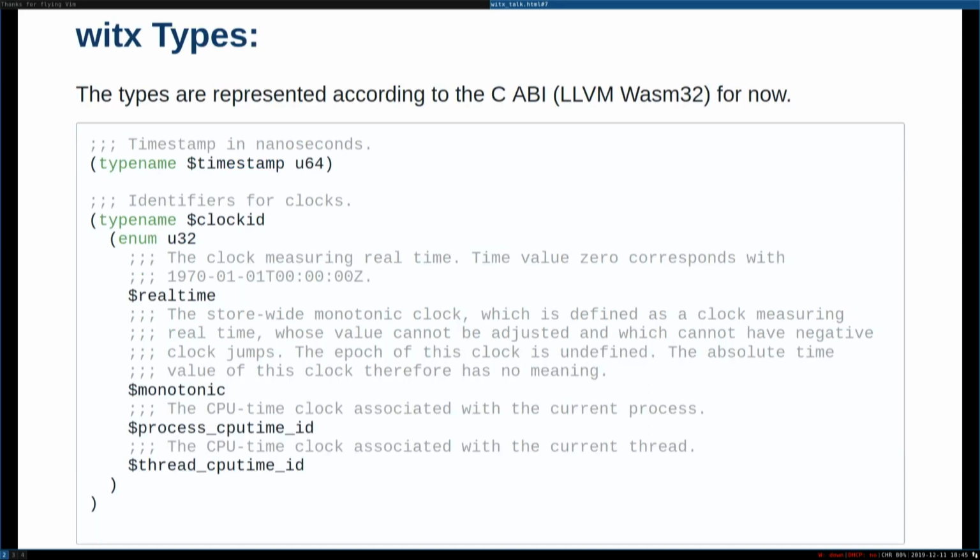So what do the types look like? We also have this concept of a top-level construct called typename. And so you can say, oh, this is just a name of a thing. So timestamp just always corresponds to U64s. Or you can structure things a little bit more. So for example, you have an enumeration. In the original C header, this was a literal C enumeration using C syntax. And this is the S-expression version. What it says is that you represent this enumeration using a 32-bit number, and these are the four variants.